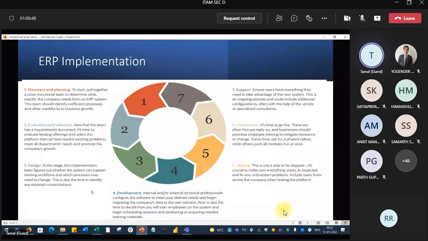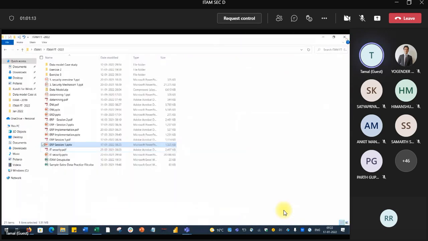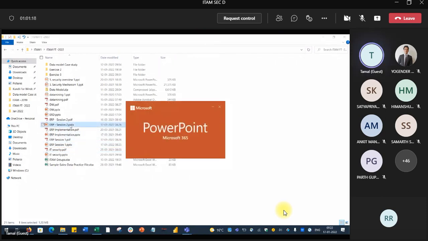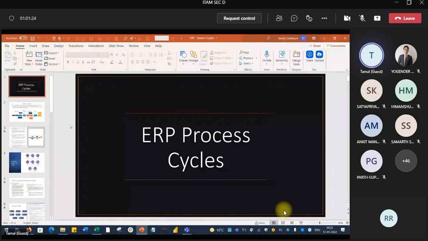Anyway, what happens is that discovery and design go hand in hand. Discovery keeps on changing the requirements, and design keeps on changing depending on the changes in the requirements. So many things actually. Anyway, I will be giving you the slides and all. Let me give you one. I do not know if I will be able to complete the entire set of slides, but whatever we can cover, let us cover. I will at least try to cover one cycle today.